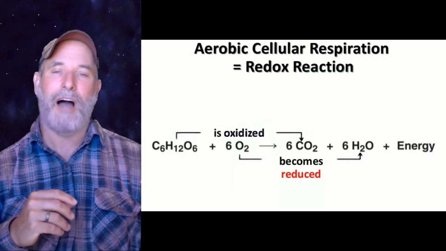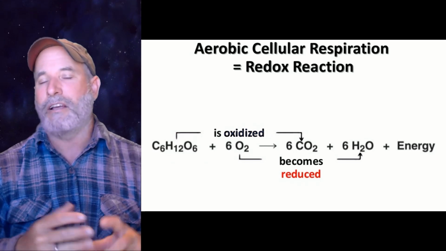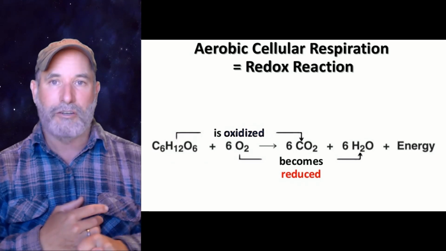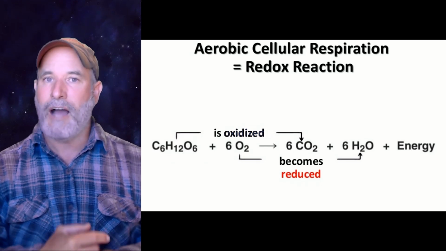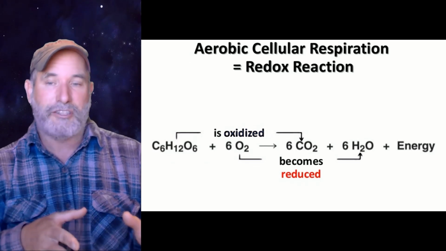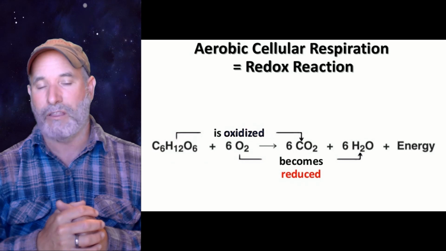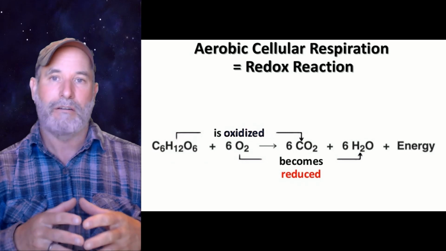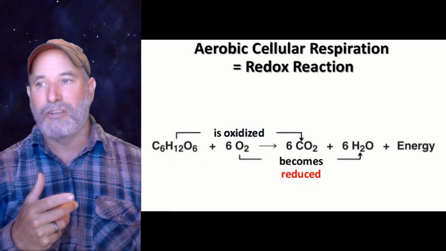Okay, so you guys remember redox reactions, right? So with cellular respiration, our overall chemical reaction, we're going to take glucose. Now, it can be other organic molecules, including lipids, and we're going to break that glucose down into carbon dioxide and water. Carbon and hydrogen are getting oxidized. They are going to lose electrons. Basically, what we're doing in these first three stages of cellular respiration is ripping those hydrogens right off of them and taking the electrons with them. And we're going to carry them over to power oxidative phosphorylation. Meanwhile, oxygen is going to get reduced as it forms water. So that's the overall thing going on here.